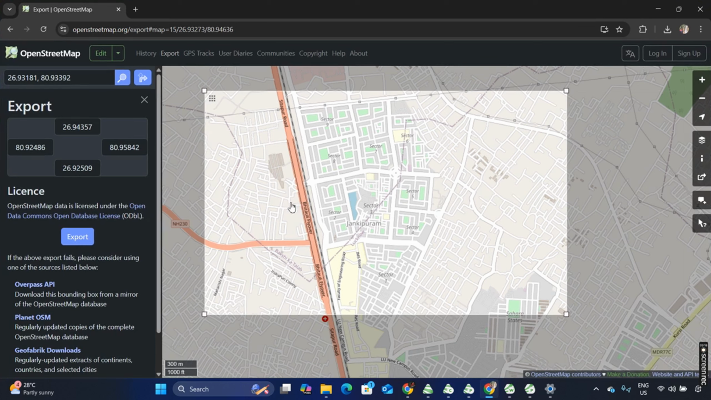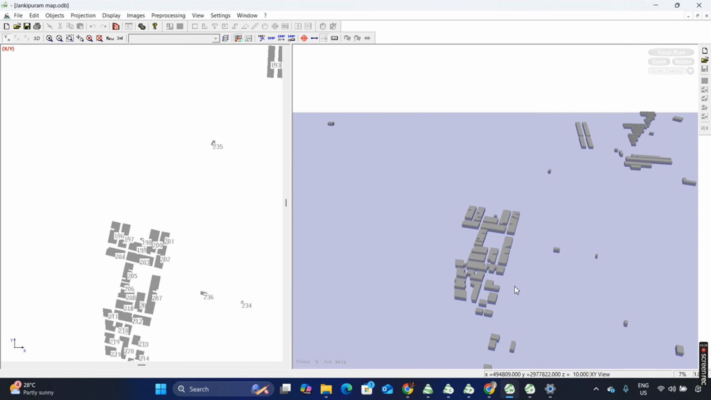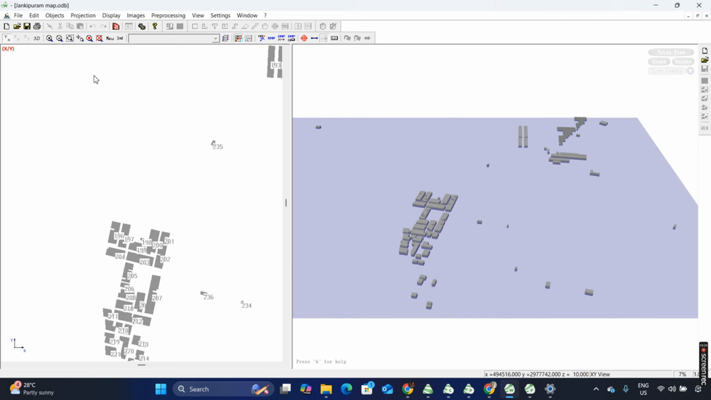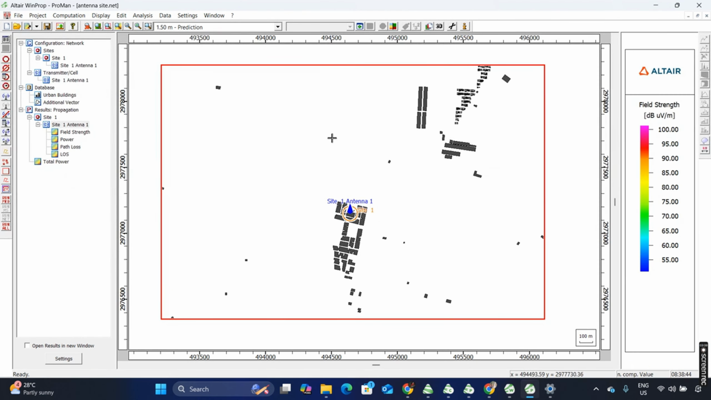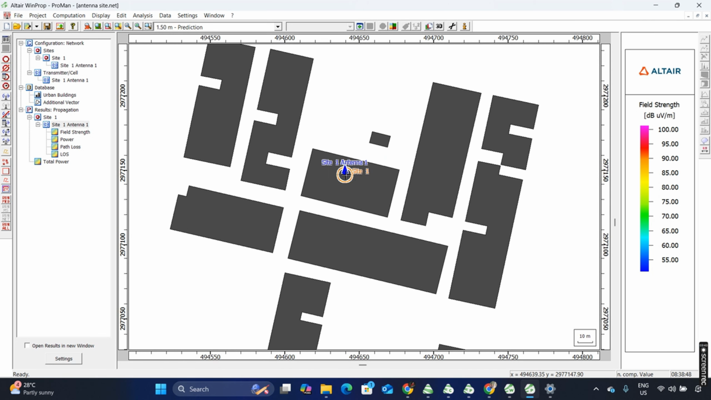Next I went to OpenStreetMap and took the location of my area and exported this into Wallman. I created a 3D image of my area using Wallman, saved this file, and then went to ProMan to set up the antenna at a given site. As you can see,